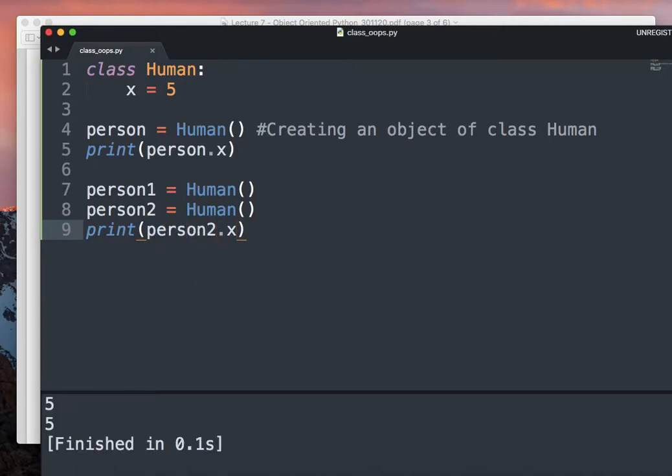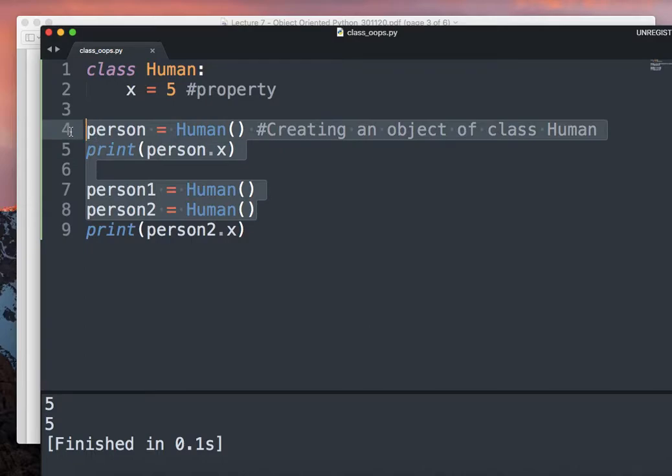Right, so we wrote very minimal code. We just defined the properties of the class human, that humans have x equal to 5. I'm not going into what x is, it's just some property. And then all the objects, person 1 and person 2, are different objects of that class. They already have that x equal to 5, right? So this is how we can very quickly create a class and an object of a class.